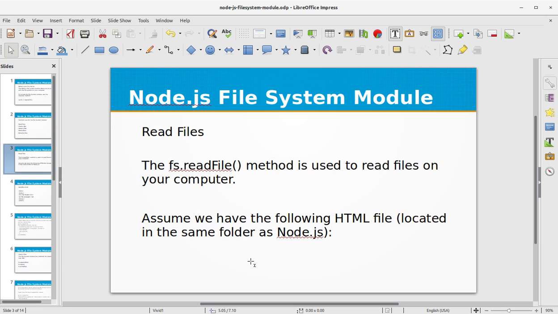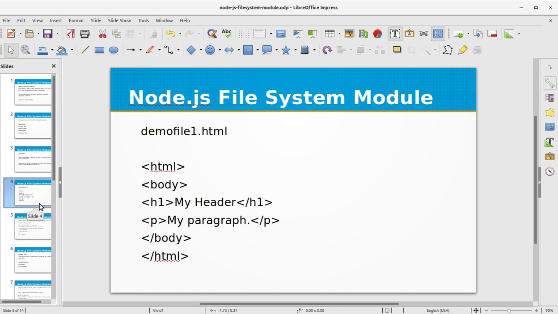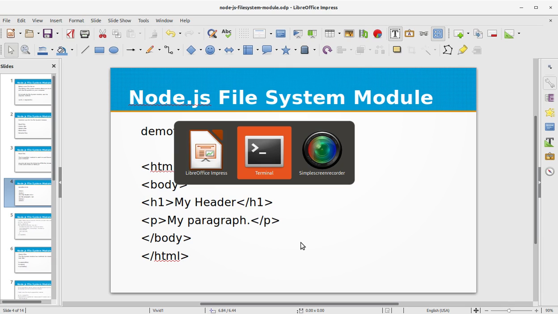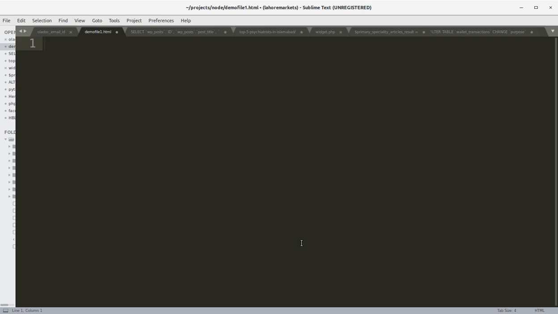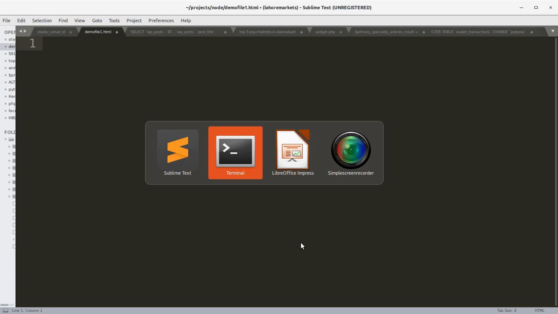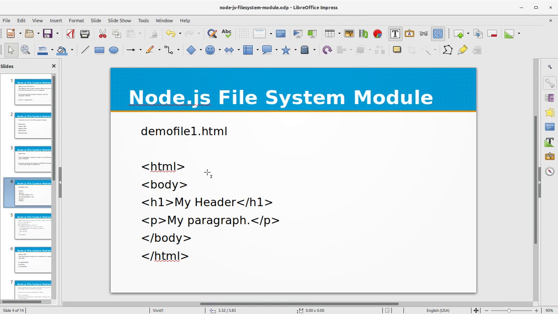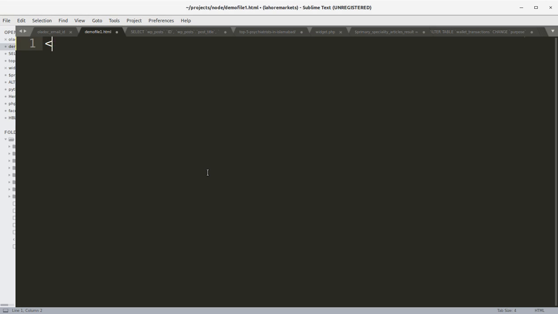Assume we have the following HTML file located in the same folder as Node.js. Assume we have a file called demofile1.html. Let's create this file first. Okay, demofile1.html. Okay, and we have HTML